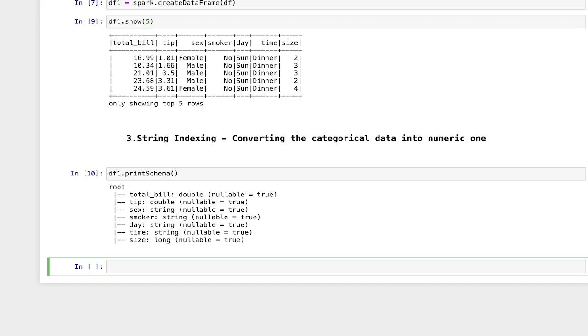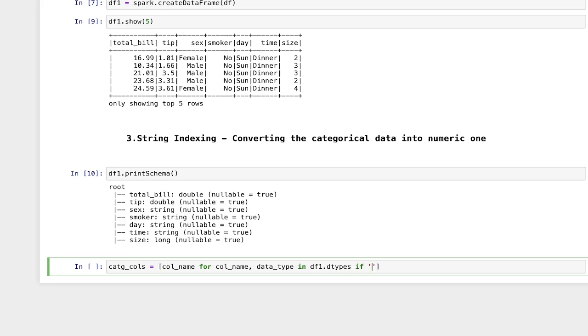So let's just do that here. I will say categorical columns is equal to, now here I will say column name. This is just a variable name. You can give it anything. For column name, data type in df1, which is our data frame, dot dtypes. This gives us the data types.